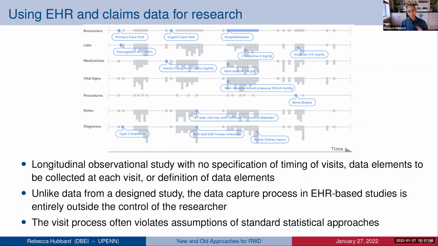So we're going to have a data set that is characterized by high heterogeneity between patients and by a lot of missing data. And in particular, the structure of that missingness is going to be pretty complex in that it's driven by the health needs of the patient and their healthcare access, their health literacy, and how they choose to interact with the system. So overall, it's a pretty complex and messy kind of a structure. And it's generally pretty undesirable from the perspective of standard statistical approaches, because we typically would like to assume that the data that are collected